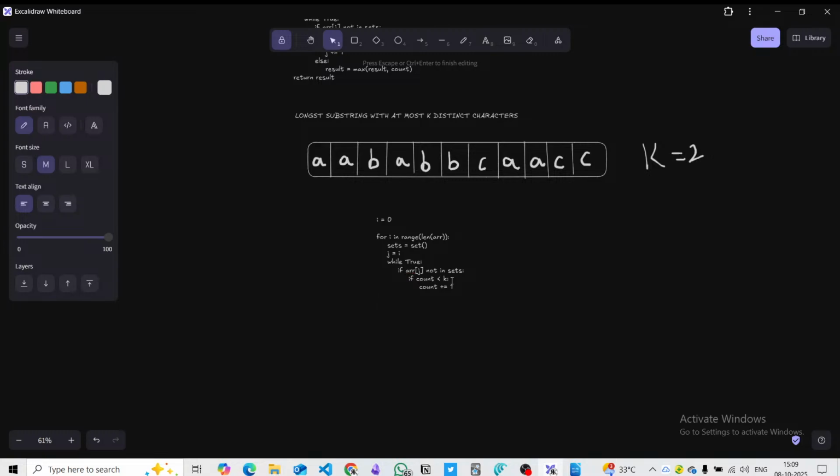After incrementing the count, we just add in the sets, sets dot add array of j, right? After adding this one,